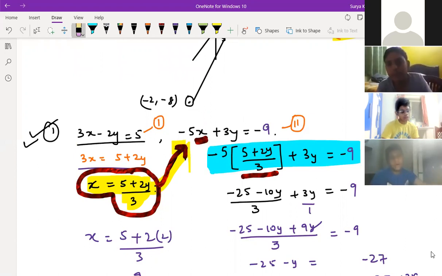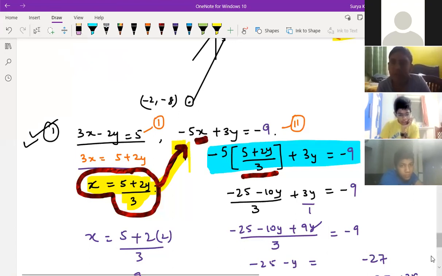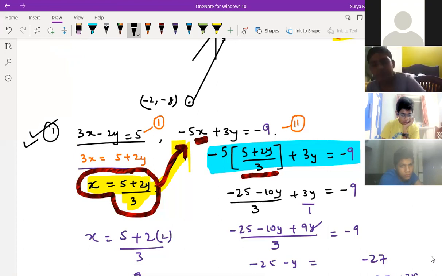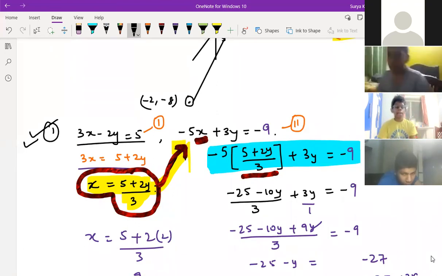What if we have three equations? Three equations means they will give three variables, but that is not there in class 10th, nor in 11th. It's not possible to give three different equations all having x and y only. If they give three or four equations, not a problem, from two equations you solve and get the answer. If two variables are there, two equations are enough to solve. Understood?